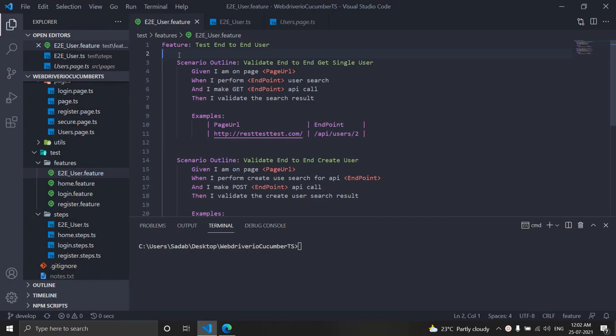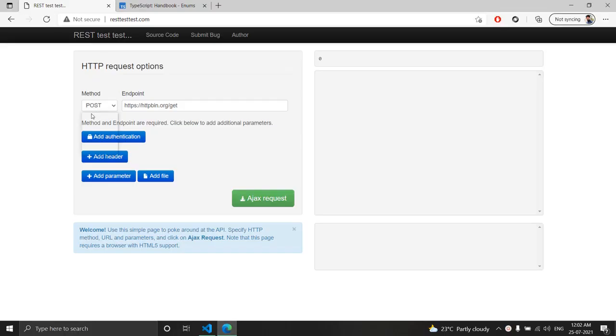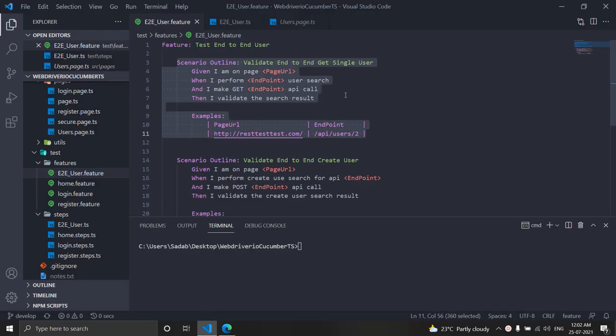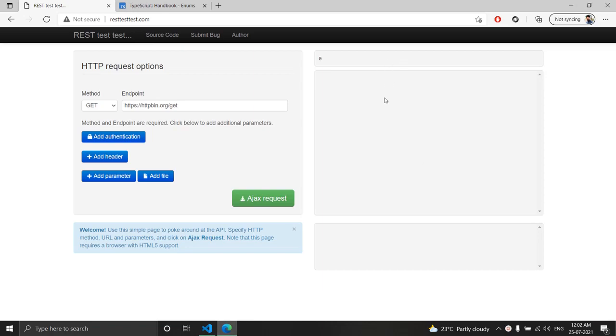Welcome back everyone. So in the last video, we created a few end-to-end features where we saw one example of performing some UI action in this website, where we selected a drop-down value, entered some data, and clicked on the Ajax request button. We got some data in this field, we retrieved it, and we made an actual API call with the supertest library, a Node.js library, and then we validated whether whatever we get in the API GET call is matching with this UI or not.